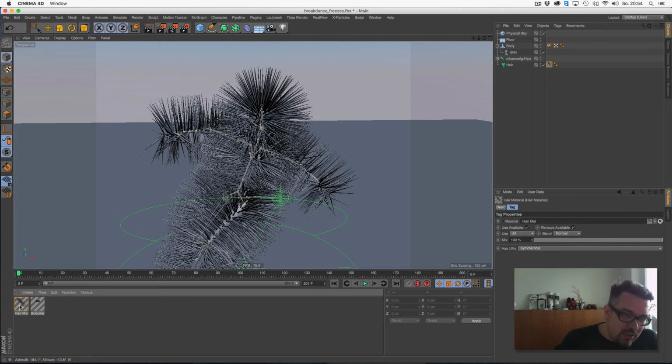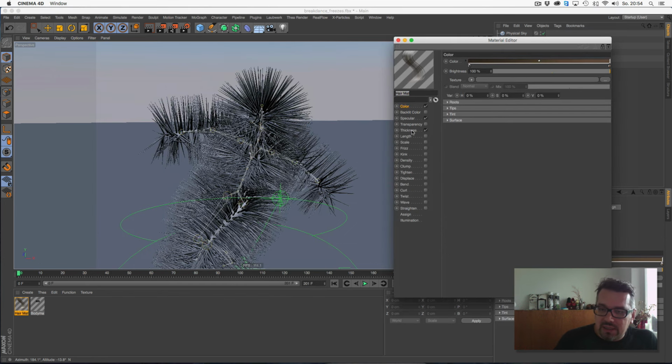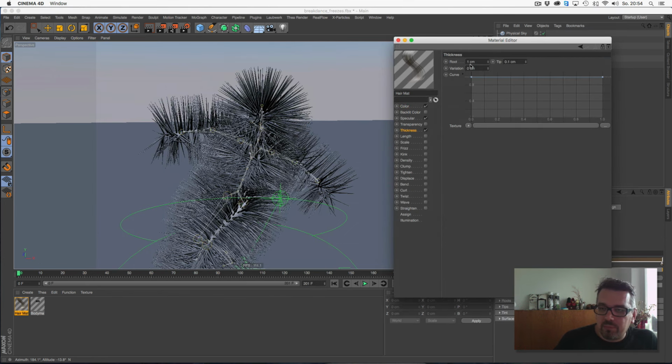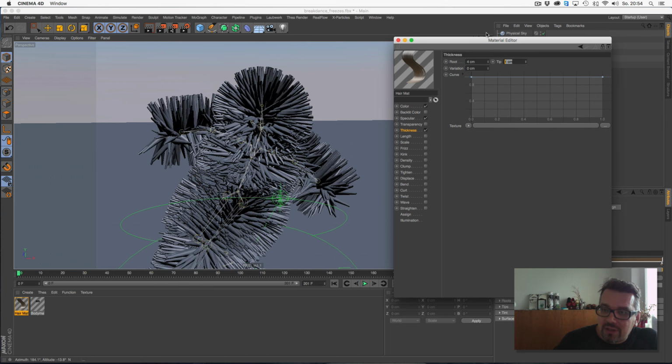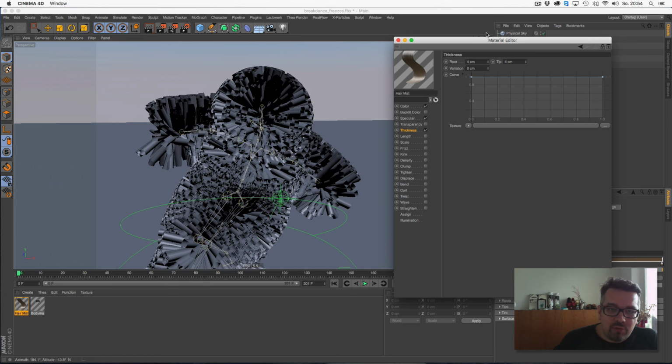So when I open the hair material and say thickness, it's on the root of the hair, in this case 1, and the tip of the hair is 0.1. When I set it to maybe 1, you see now the tip of the hair gets bigger, and I'd like to have it much bigger, like 4.